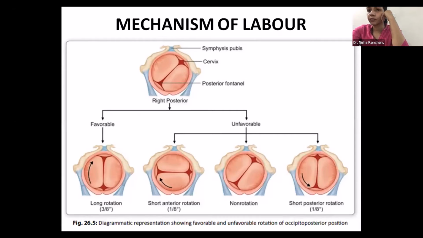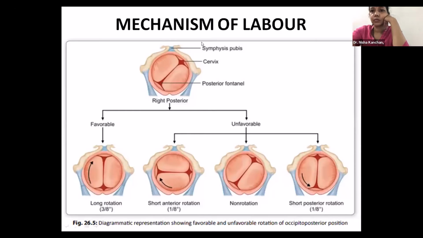This is a common short note for you. This condition is called as what? When the sagittal suture lies in the transverse diameter of the bispinous, gets stuck there, and labor does not progress. Does anybody know the name for this terminology? Here only 1/8 of a circle the occiput moves, and the sagittal suture comes into the transverse diameter of the bispinous diameter, and beyond that it is obstructed labor. But what is this specifically called?